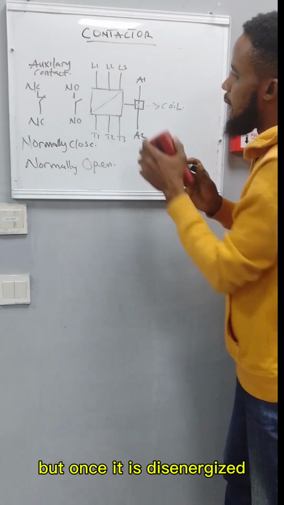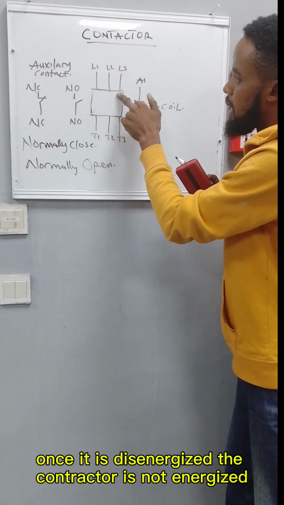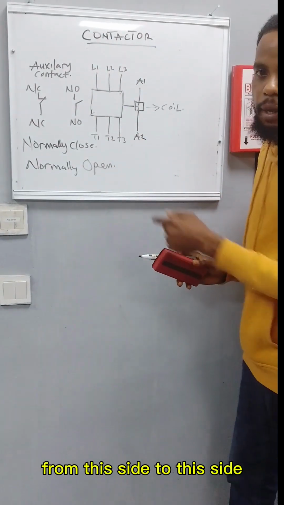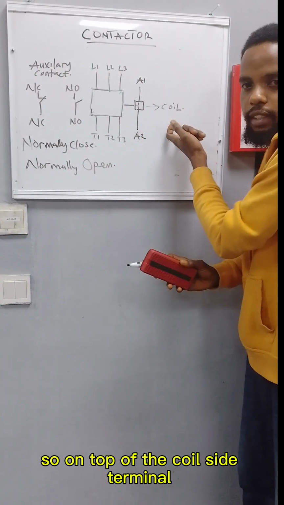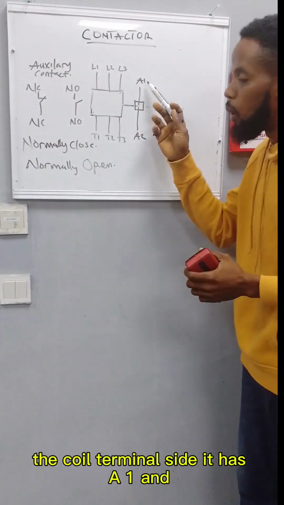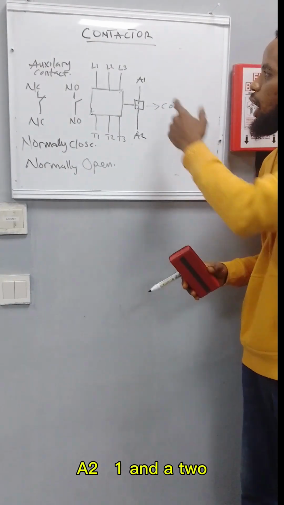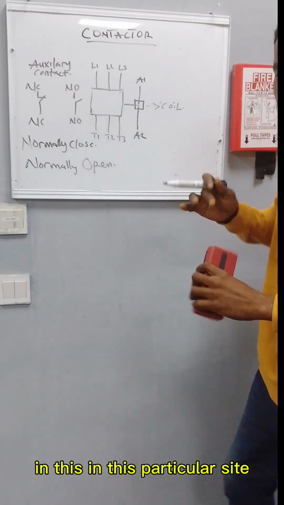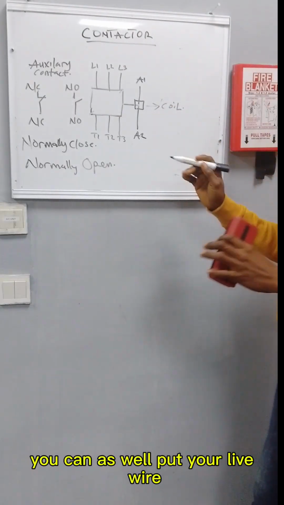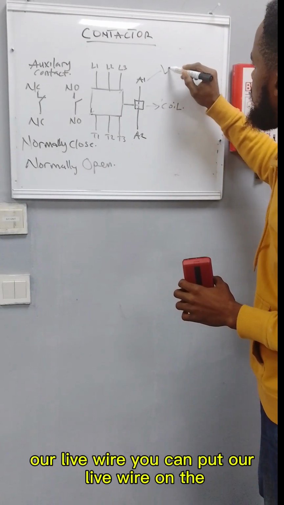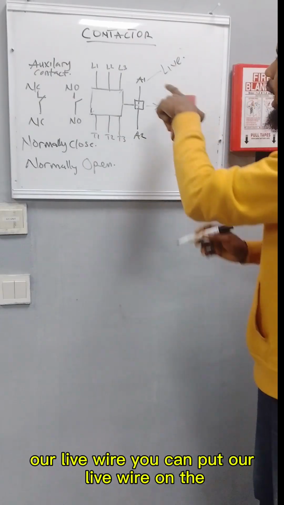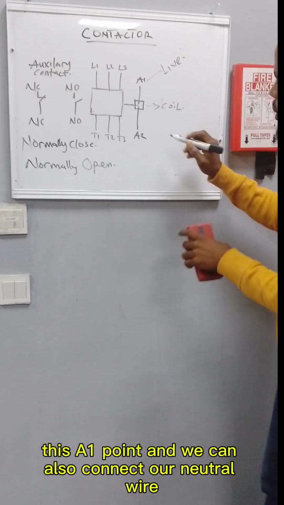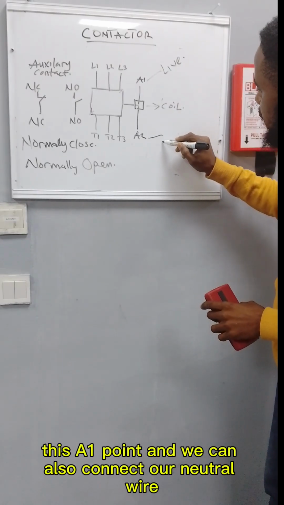But once it is de-energized, the contactor is not energized, so there will not be flow of power from this side to this side. So on the contactor, the coil side is marked A1 and A2. On this particular side, there's no polarity. You can put your live wire on this A1 point, and we can also connect our neutral wire